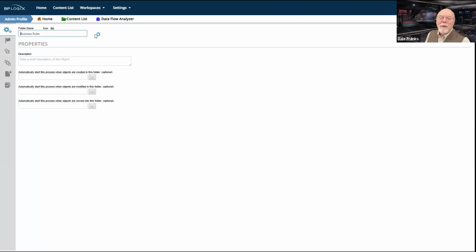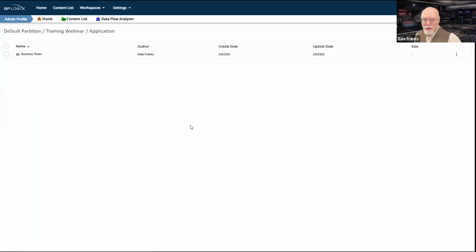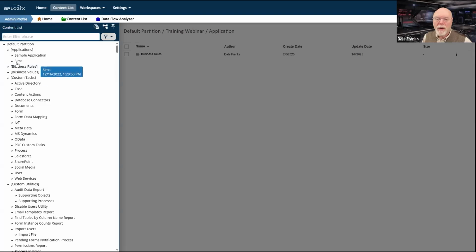But I probably wouldn't name it with square brackets except at the root level, because if you toggle folders off, which I normally do, then these folders will disappear for you and you're going to find that to be unpleasant. But I do have a business rules folder, for any local business rules, quite apart from those that appear in my content list.